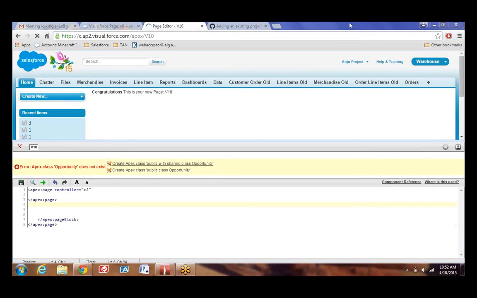Chandu, I'm not able to see your screen, so what you can do is you can just type in the error in the chat window so that I can read and tell you what might be the issue. So Sridhar, how about you? Your error got resolved? Sonu is done. Navyata is okay. Anju is working on it. Chandu is the only one left. Yes, sir. I created the class and I'm creating the Visual Force page. Right, very good.